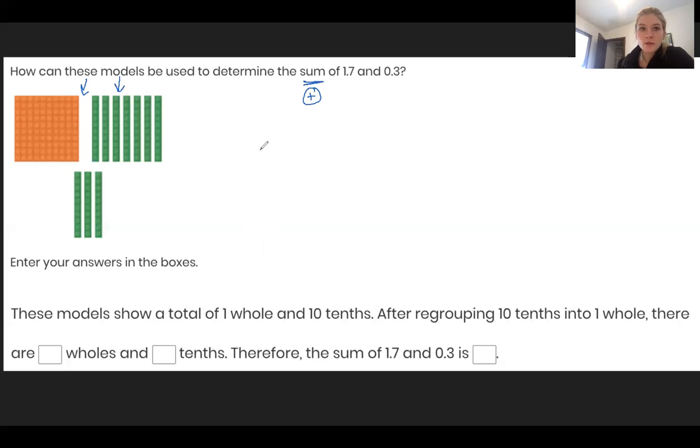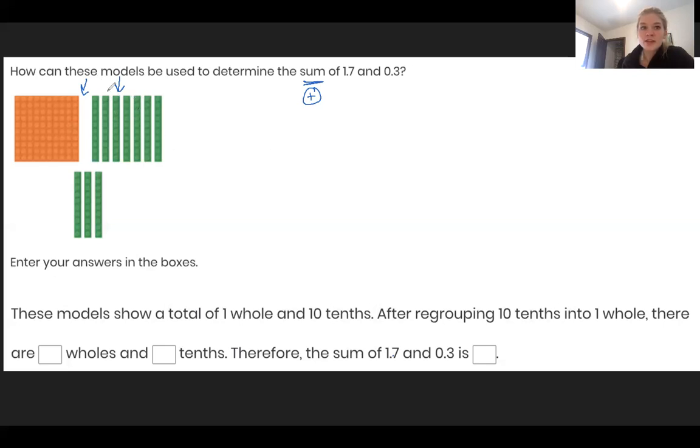All right, well, it says these models show a total of 1 whole and 10/10. After regrouping 10/10 into 1 whole, there are blank wholes and blank tenths. Therefore, the sum of 1.7 and 0.3, sorry, I want to make sure that I tell you the other way. 1 and 7/10 and 3/10 is